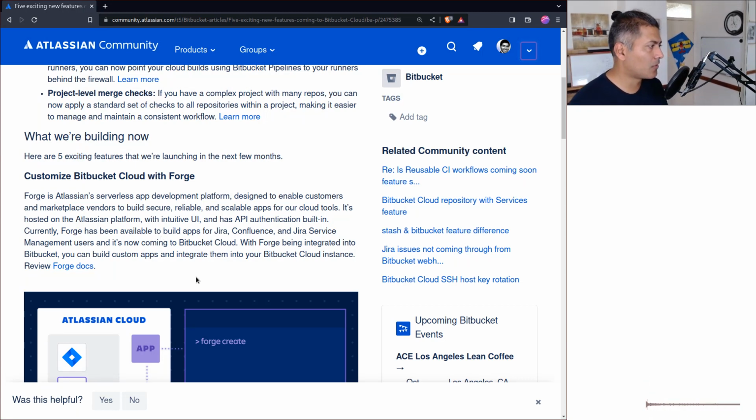So the first one is about Bitbucket and Forge. Now we have been trying Forge. We have actually built and published one app using Forge. It is, of course, a bit different. At the same time, Forge is new. Even if you talk about the capabilities of Forge within Jira, it is limited. And I think with time, it will become the platform that Atlassian is also focused on. But now you can also use Forge to